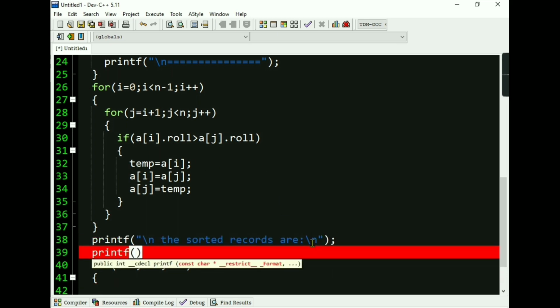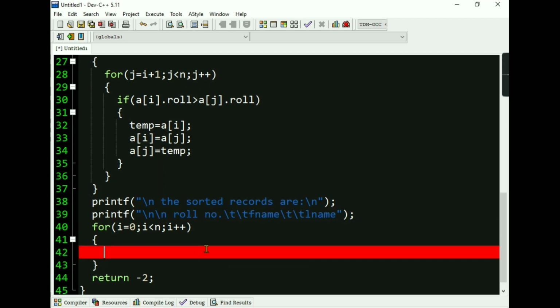We will print a message and we will write here roll number and \t and first name, suppose f name, \t and l name. Okay, this much. And inside this for loop we will